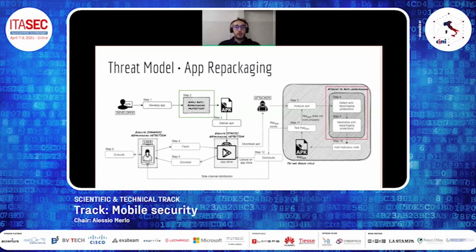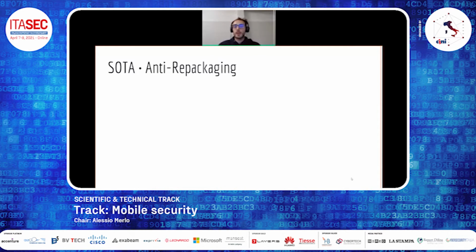Due to these controls, during the repackaging process, an attacker should detect and remove all these integrity checks, and should test the application before distributing it to the app stores. In the state-of-the-art anti-repackaging techniques, there are 3 main components.